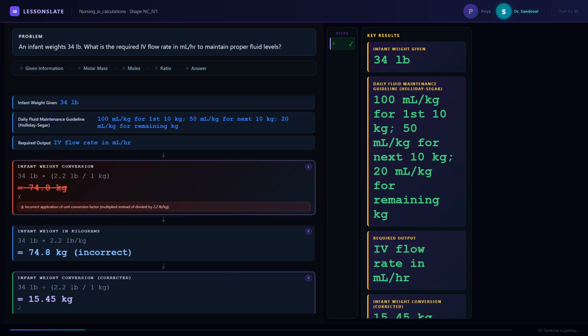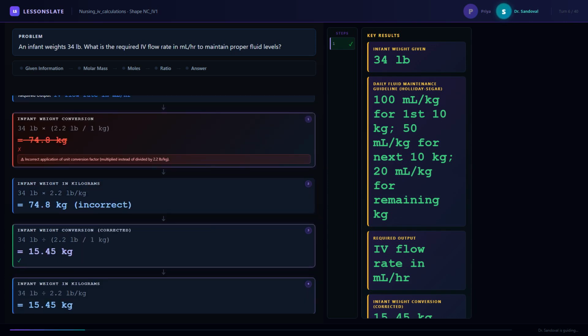Yes, that's exactly right, Priya. By dividing 34 pounds by 2.2 pounds per kilogram, or multiplying by 1 kilogram over 2.2 pounds, your units of pounds cancel out, leaving you with kilograms. So, an infant weighing 34 pounds is approximately 15.45 kilograms. Now that we have the infant's weight in kilograms, how can we use our fluid maintenance guideline to calculate the